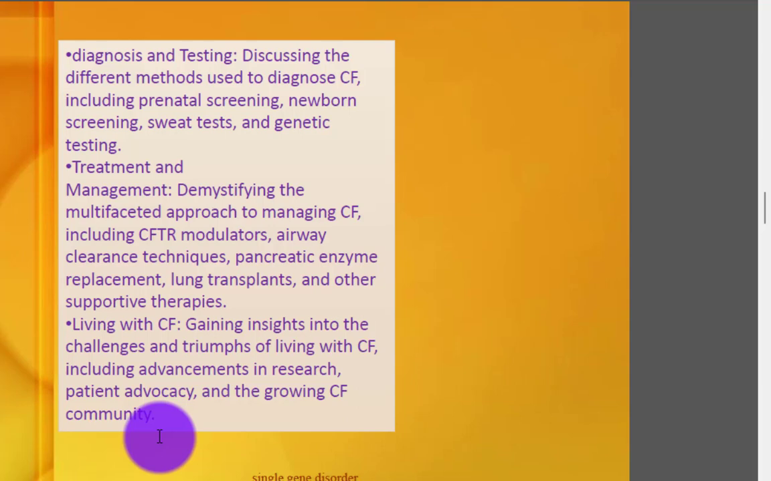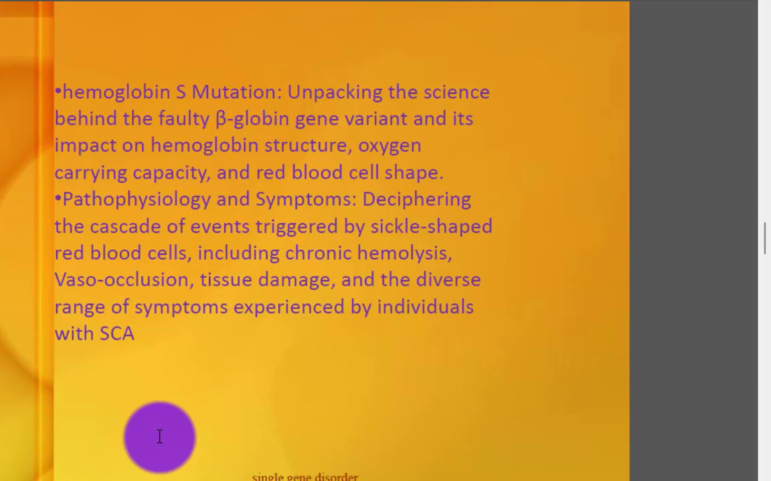supportive therapy. Living with cystic fibrosis, gaining insight into the challenges and triumphs of living with cystic fibrosis, including advancements in research, patient advocacy, and the growing cystic fibrosis community. Hemoglobin S mutation, unpacking the science behind the faulty beta globin gene